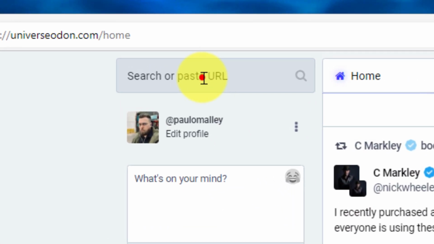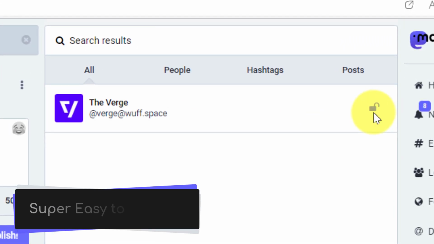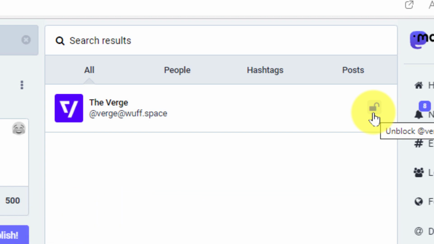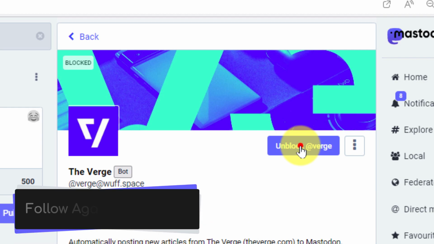Now it's worth noting that if I use the search bar and I actually type in their username and do a search, I will still be able to find their account, and I can quickly and easily use the unblock button here to unblock the account should I wish. I also have the ability to click on the profile and still view the profile. I can see that I've currently got them blocked, and I've got a button to unblock them. Selecting this though will only unblock the account.